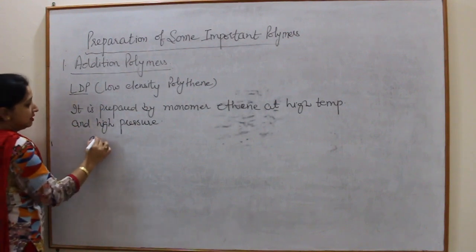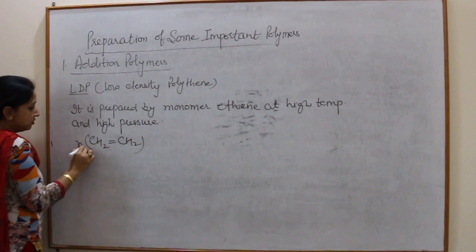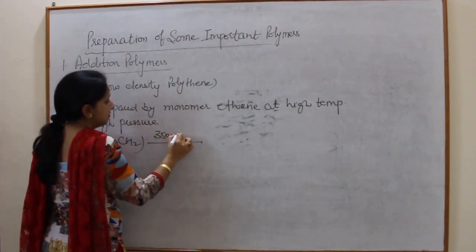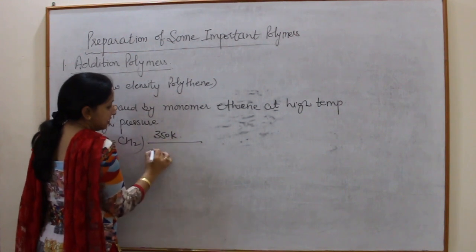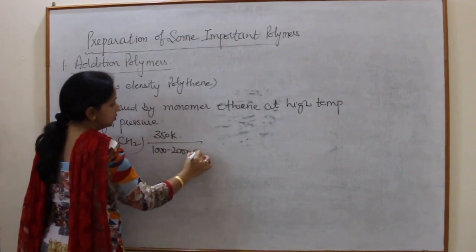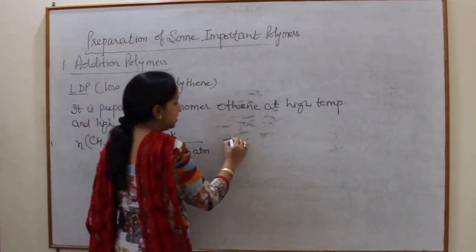For example, CH2 double bond CH2, temperature is about 350 Kelvin and pressure is about 1000 to 2000 atmosphere, and we get